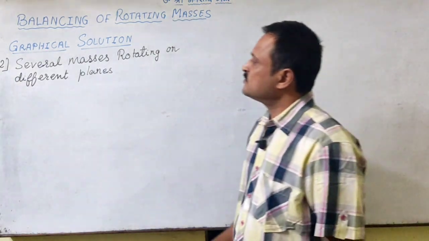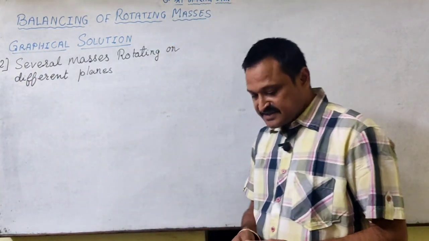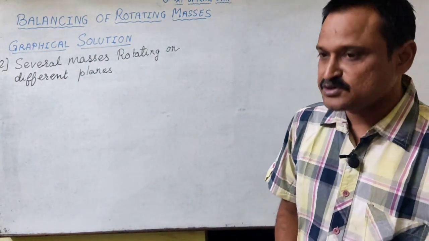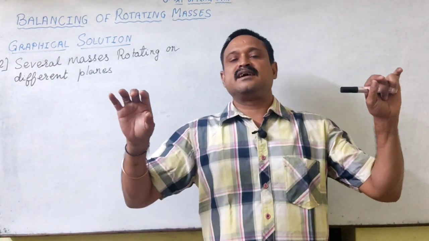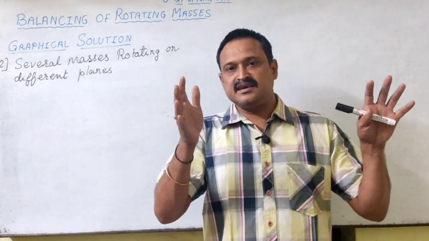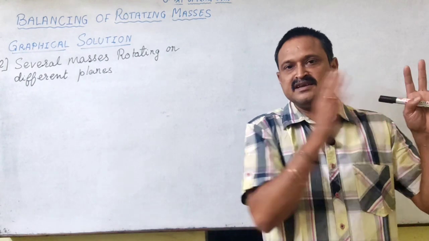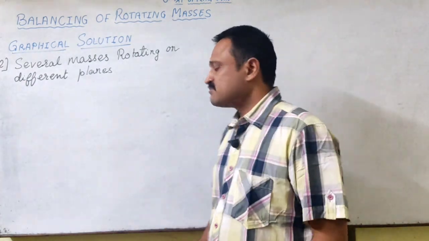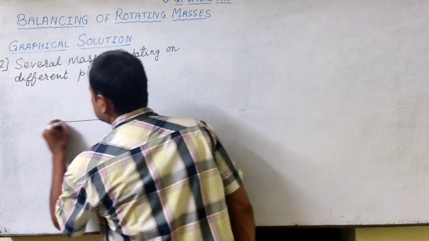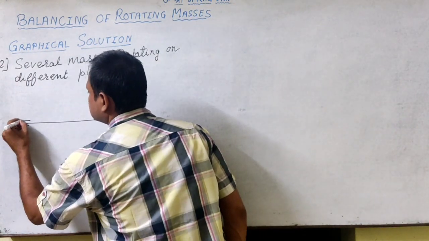So now let's see where there are several masses rotating on different planes. So maybe there is a shaft, and on that shaft there are several masses mounted. Maybe a gear is mounted, a pulley is mounted, a flywheel is mounted, and they are separated by certain distance. So if we see its representation,